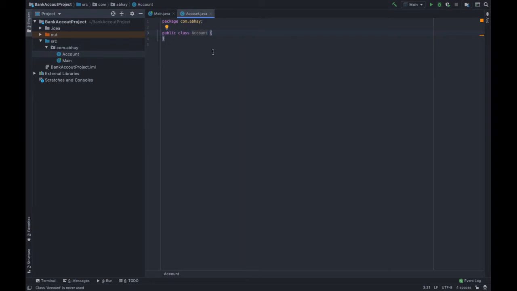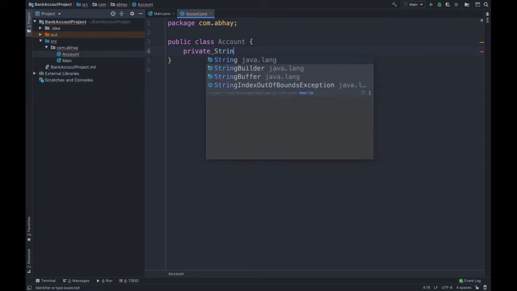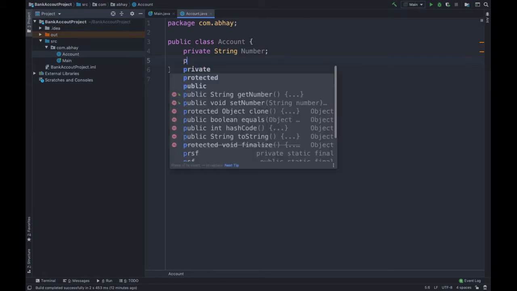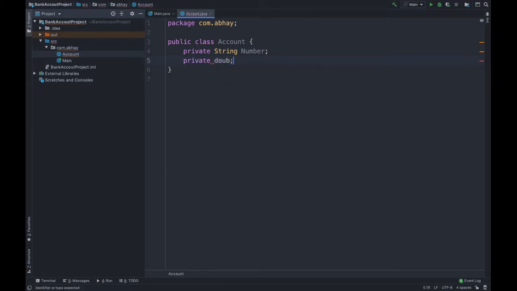As you can see, we have created our Account class. Our fields are private String account number, let's simply say number. Then we have private double balance.